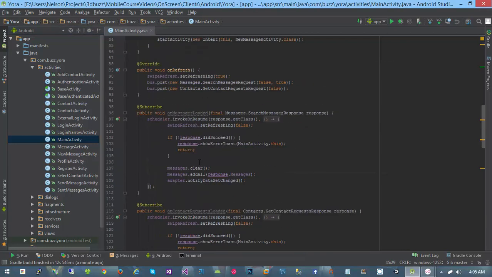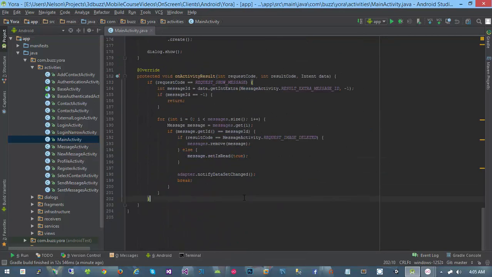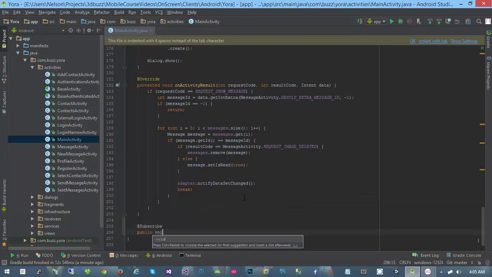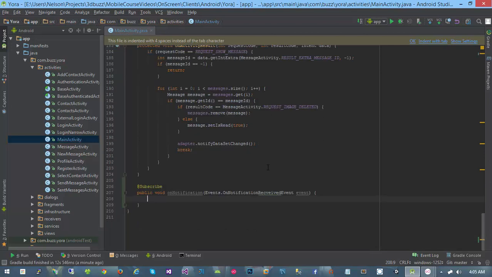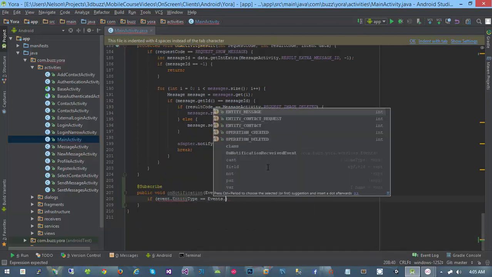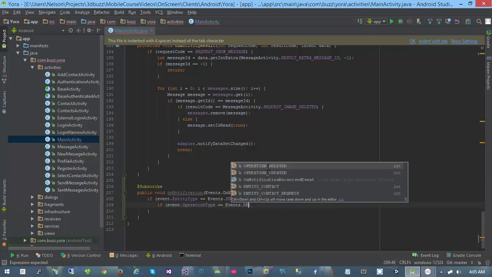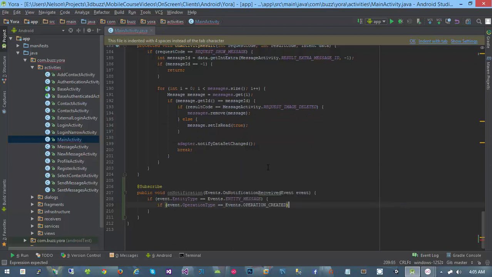All the way at the bottom, I'm going to say subscribe, public void on notification events dot on notification received event, and then if event.entity type equals events entity message, if event.operation type equals events.operation create, then I'm going to say bus post new messages,